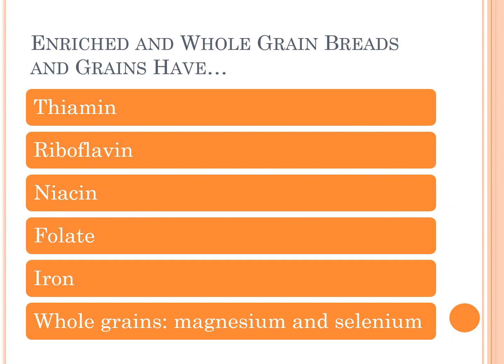These are just a few of the vitamins and minerals that are found in whole and enriched grains. Whole grains also have additional nutrients like magnesium and selenium. These vitamins and minerals each have important roles for our bodies and are especially important for the growing bodies of